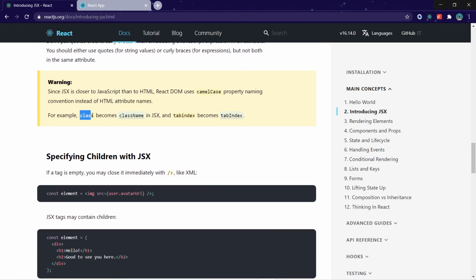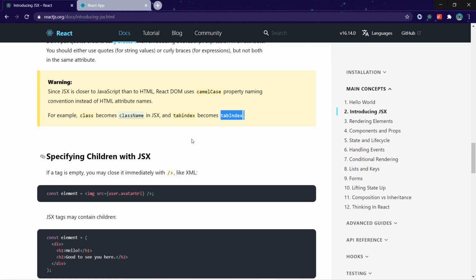If you want to use class, you need to write className attribute in JSX to have the functionality of this particular class. Okay, so why does class have to be written as className? Because class is a JavaScript reserved keyword, so you can't use it in JSX syntax. So that's why you need to use this particular attribute in place of this. Also, if you want to use the tabIndex property or a property similar to this, you need to use camel case property in JSX.